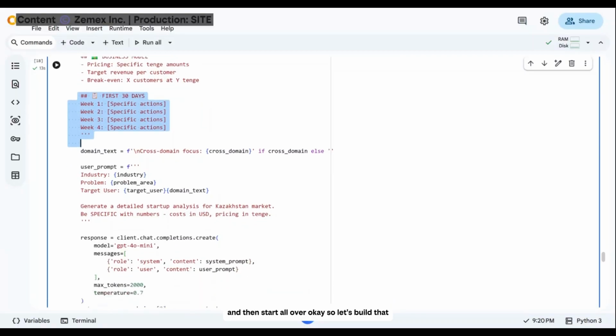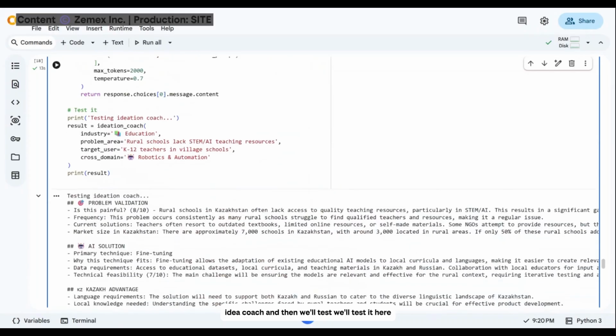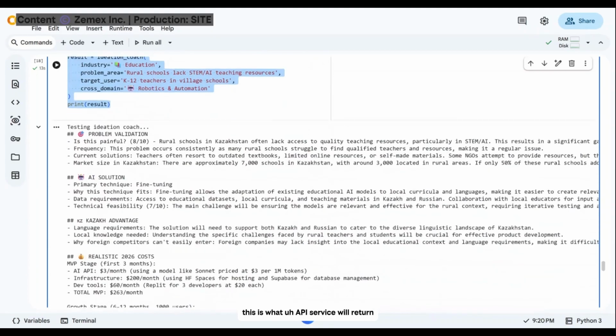Okay, so let's build that idea coach, and then we'll test it here. Here's the test data. So what we're putting here: the industry we're choosing is education. Problem area, rural schools lack STEM AI teaching resources. That's the problem area. Target users, K-12 teachers in village schools. Cross-domain, robotics automation. Okay, so if you put that as input,